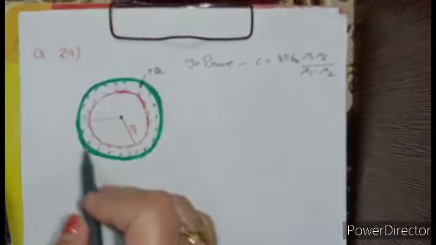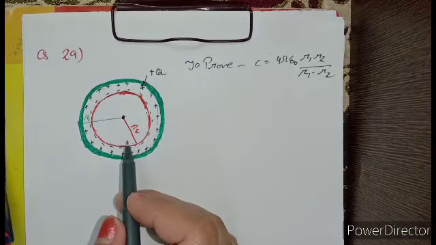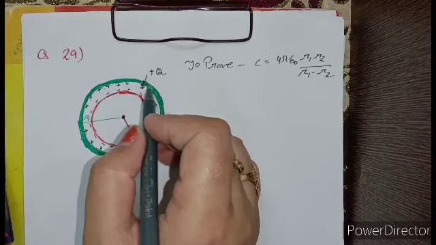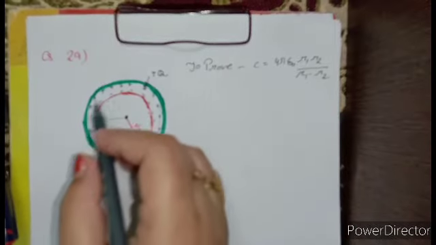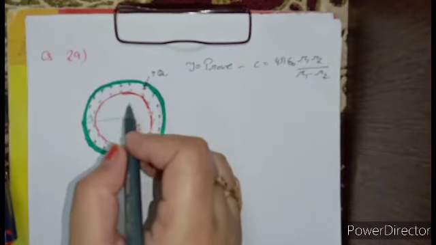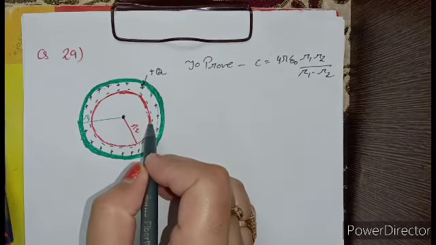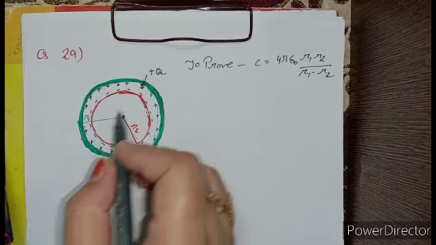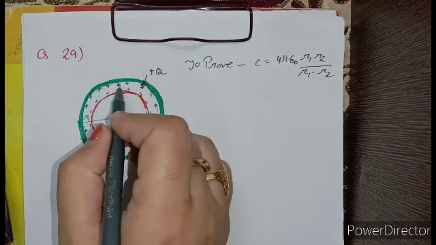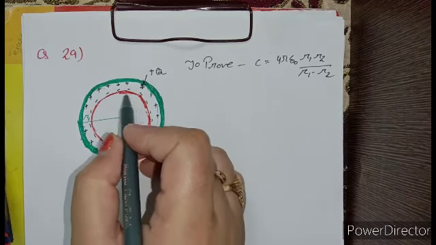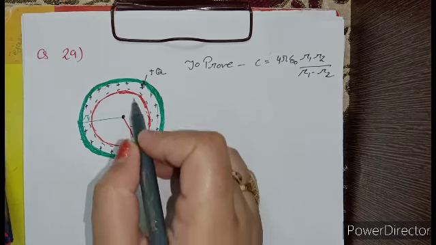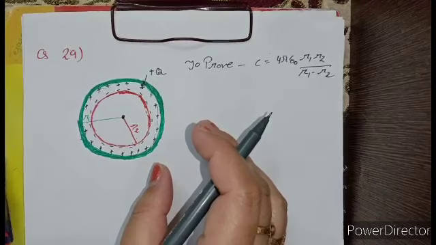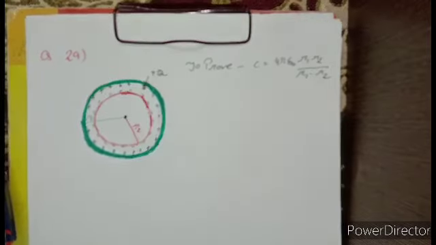Okay, so this diagram is given by the examiner, and in this we consider a spherical capacitor in which we have two concentric spheres. The inner radius is R2 and the outer radius is R1. The charge is given as positive Q, so on this inner sphere we have the charge negative, right? All these things are given in this numerical.